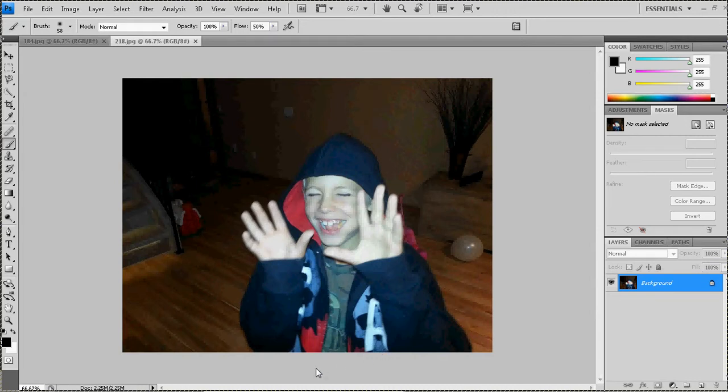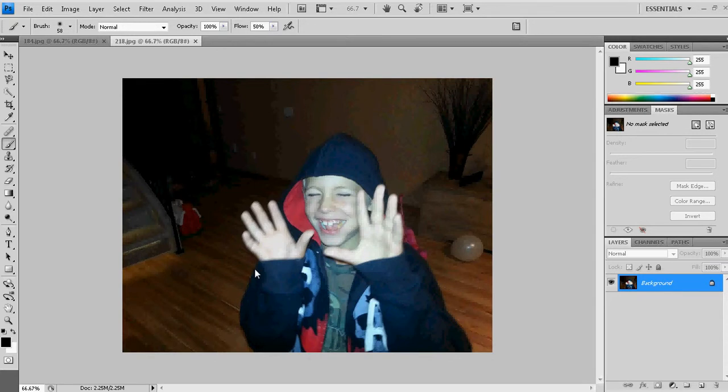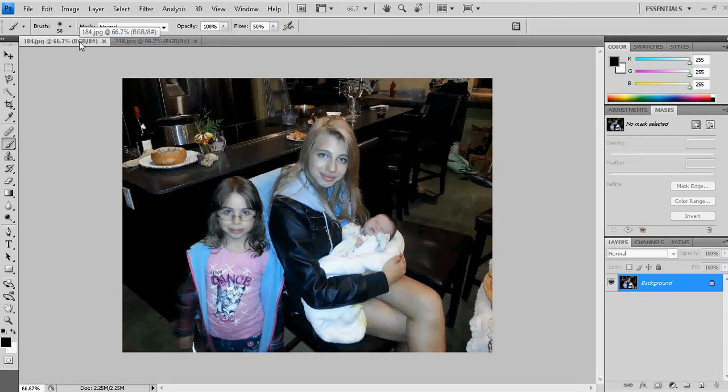Hi, my name is Ezra, and I'm here to give you a tutorial on Photoshop, how to put a picture inside a picture. So for this, I'd like to take this photo, and I want to put him inside of this photo. Okay, so the first thing I'm going to do is create a couple background layers